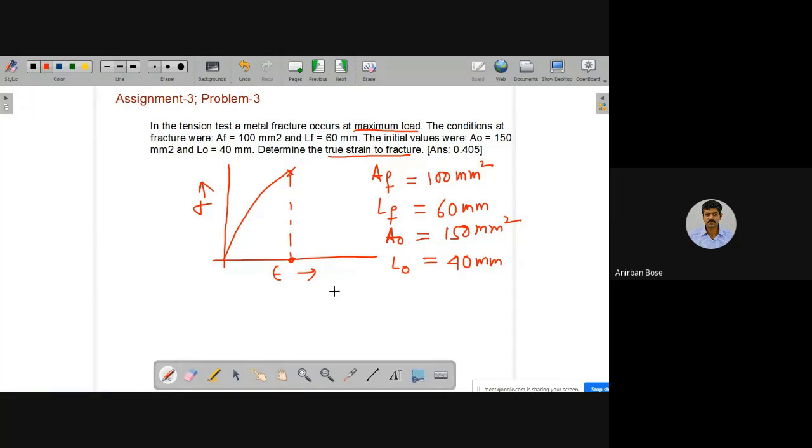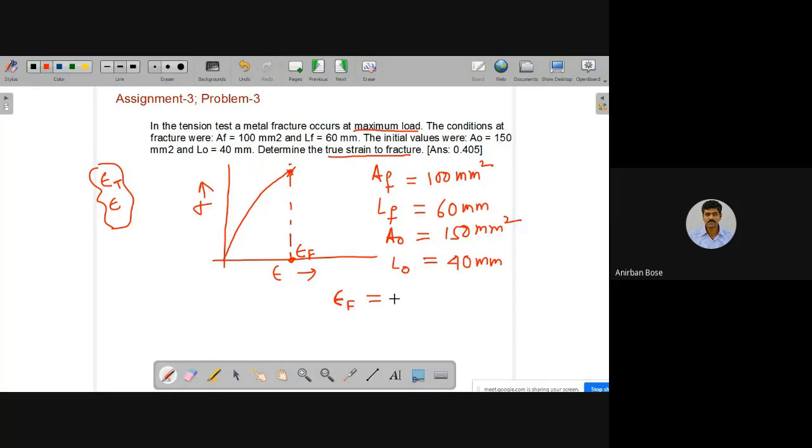So first thing first, you find out corresponding to this fracture point, epsilon f, we give the name epsilon f as the strain at the fracture. Remember, epsilon indicates the engineering strain, and if it is a true strain, then we will always use the suffix capital T for the true strain, and if we do not use any suffix, that means it is engineering strain. Okay, this is the convention I am using, and this suffix f indicates fracture, but this is engineering strain because T is not written.